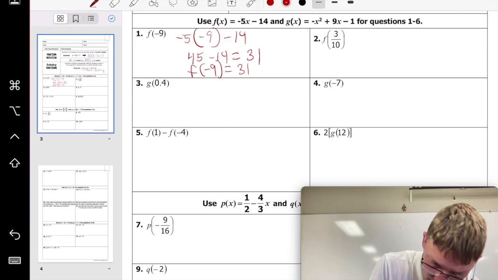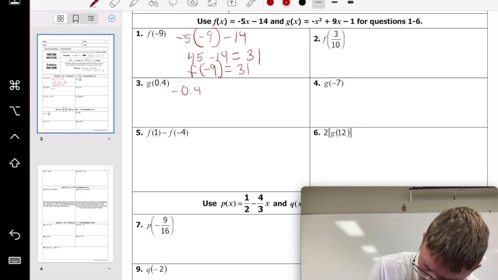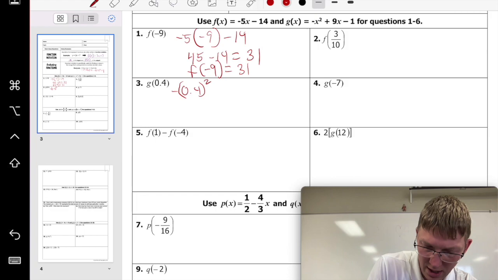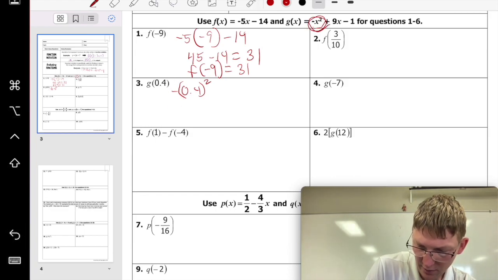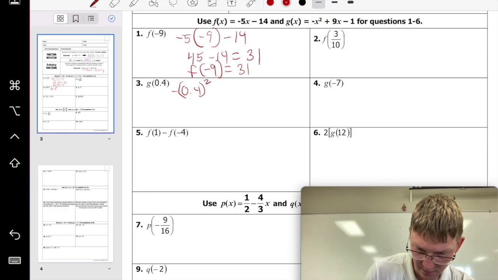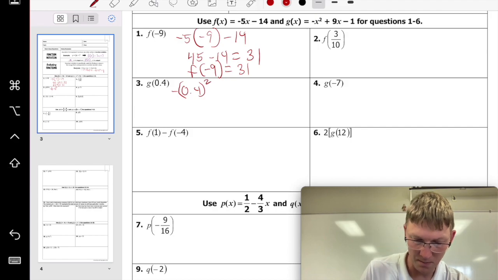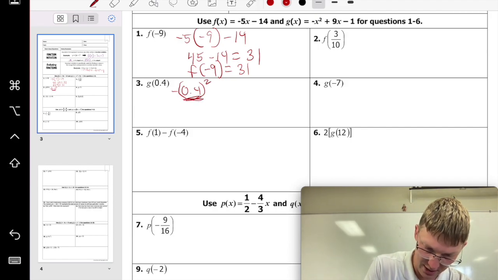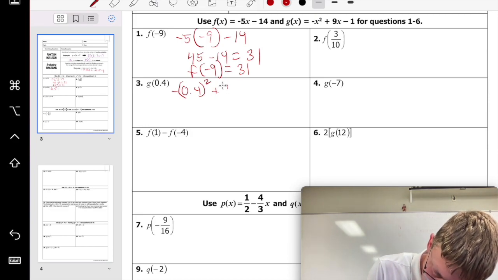So plugging it in, we've got negative 0.4 squared. Remember, that negative sign is on the outside of that x, so I threw some parentheses around it to make sure I didn't miss it. We'll square this first and then add that negative sign. Anyway, we'll finish up plus 9 times 0.4